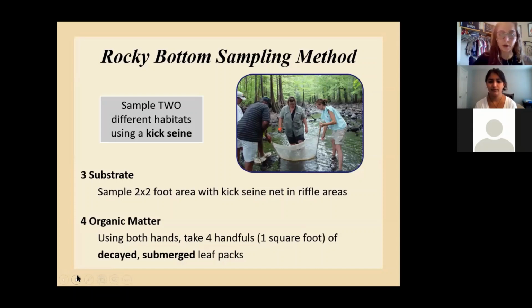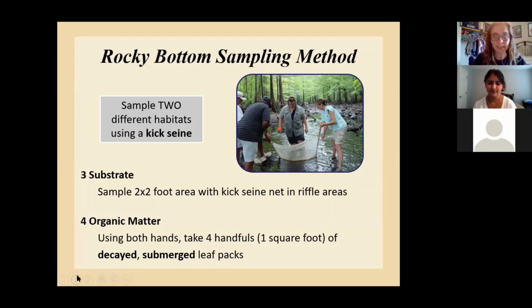And we are going to have someone standing in front and do what we call the famous macro shuffle right in front of that net. So I wish we could do a demonstration for you today because it's very fun. But that's what's going to give us all of the sample that we need into our nets.